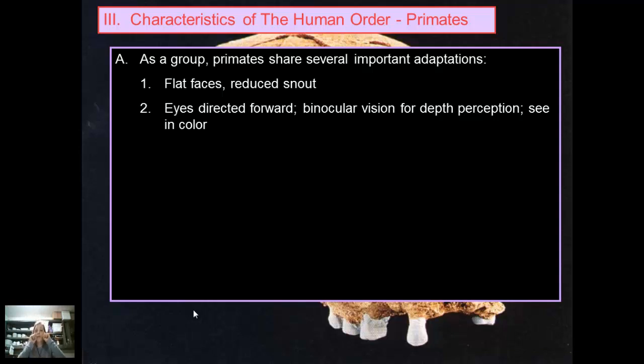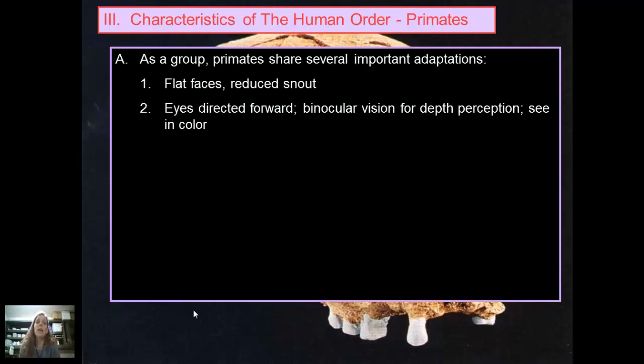Our eyes are directed forward, which gives us binocular vision for depth perception. So we can look at two bodies of water, and we can understand that one is an ocean, which is quite deep, and one is a very shallow puddle. In order to be able to do that, we have to have our eyes looking at the same object. This is why horses get spooked very easily by water, because their eyes are on the side of their head and they don't have depth perception. So they don't know if it's a very deep ocean or a very shallow puddle.